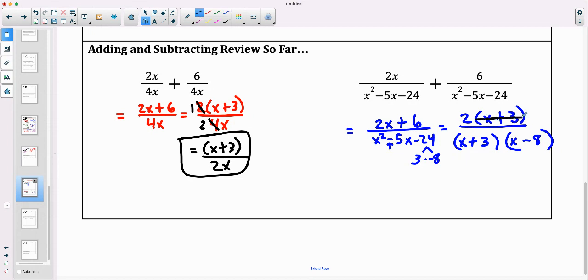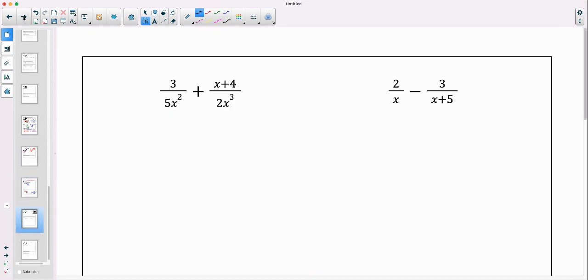That would be our x plus 3's this time. And what we did not cross off is our answer. That was the first type of adding and subtracting. The denominators already matched. Moving into the next type where they didn't match,